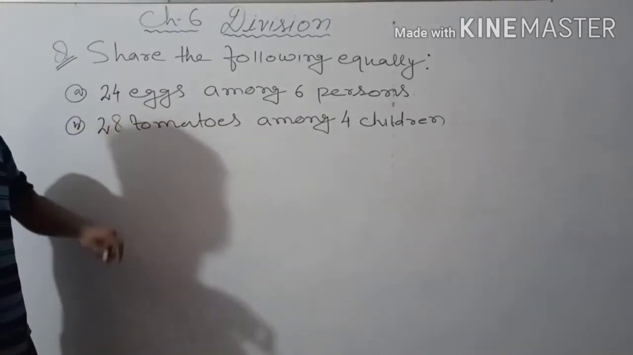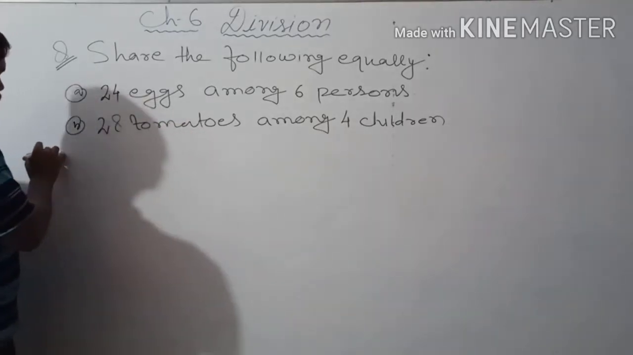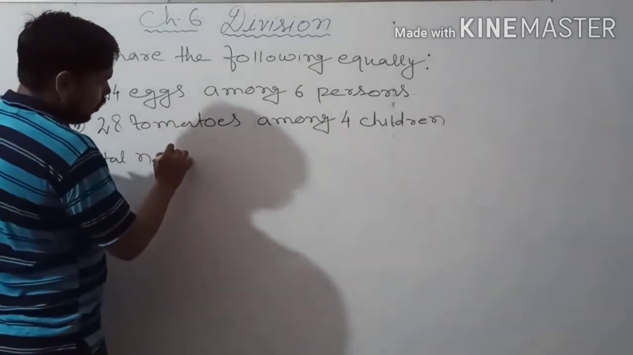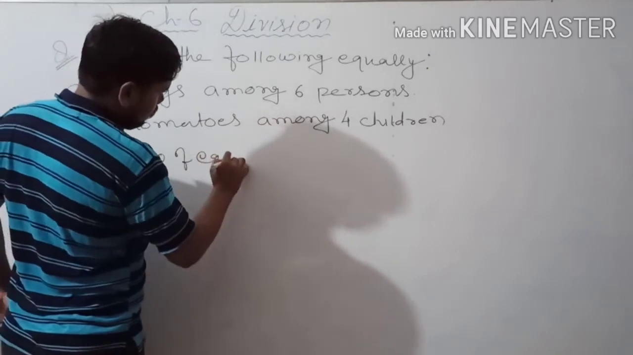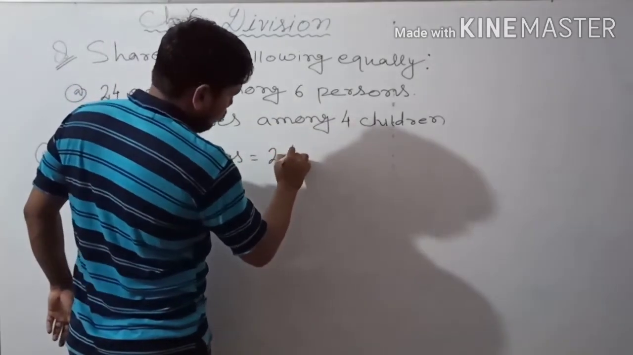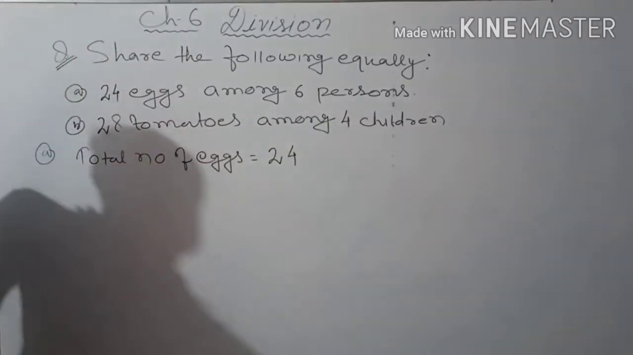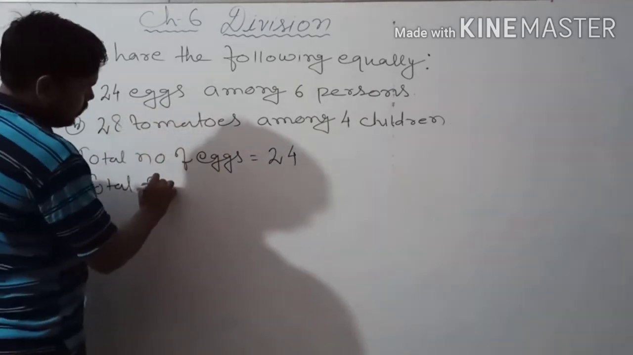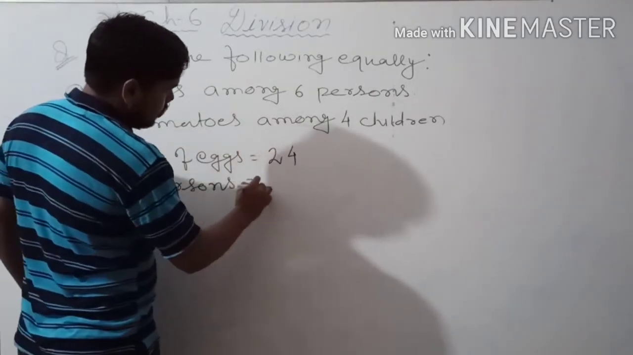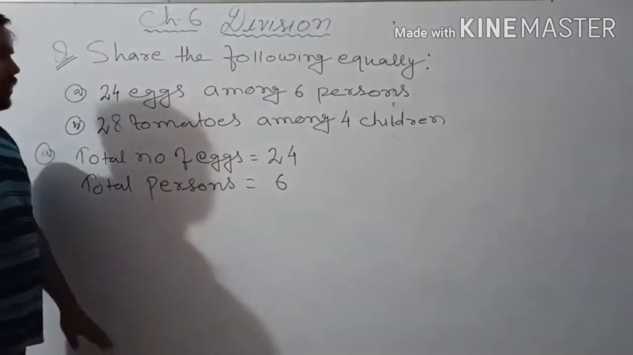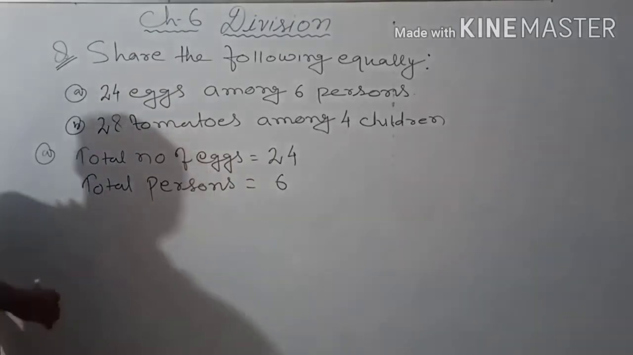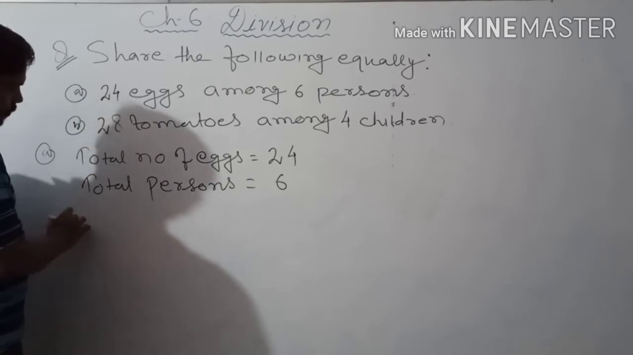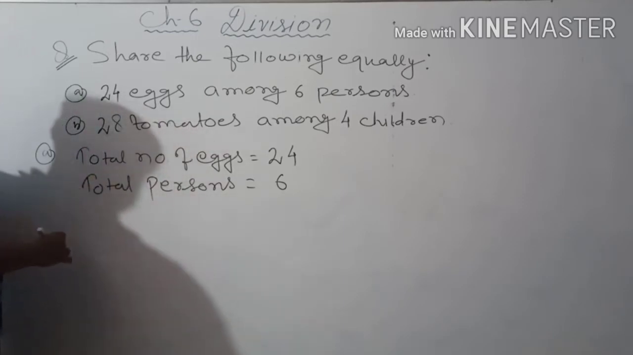Okay, so the total number of eggs is 24. So first I am doing: total number of eggs is equal to 24. So total 24 eggs are there and total persons is equal to 6, right? And now you have to divide. So now share the following equally. So if you divide equally, therefore, sharing equally,